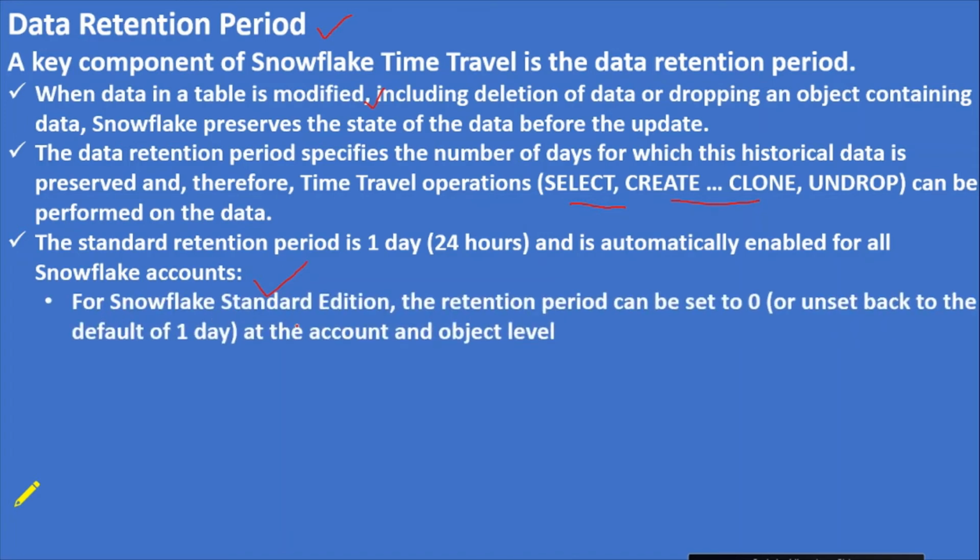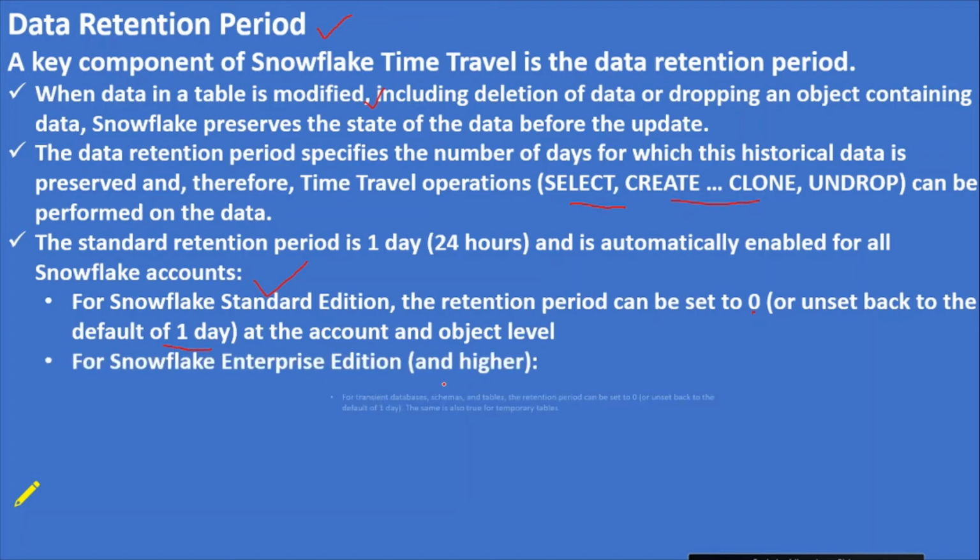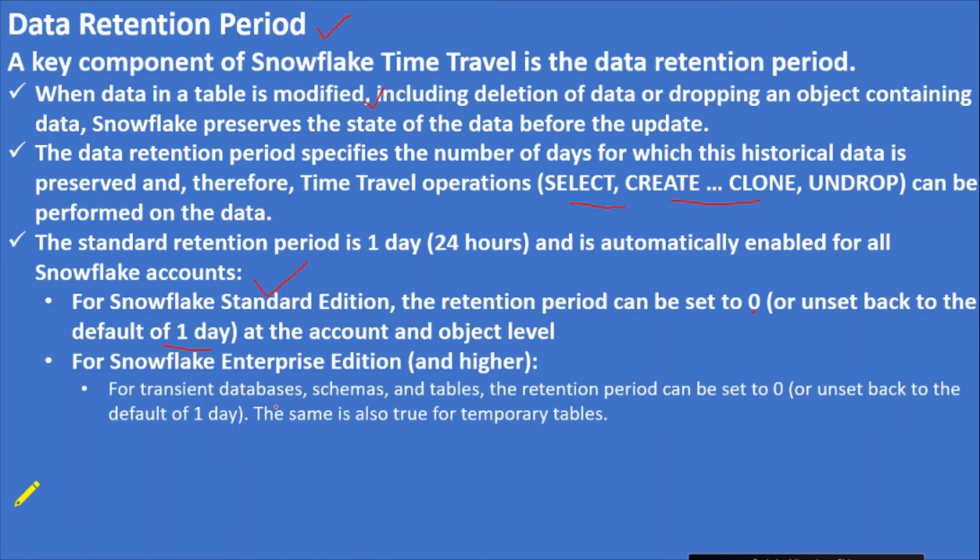For Snowflake standard edition, please note that the retention period can be set to 0 or unset back to the default of 1 day at the account and object level. For Snowflake enterprise and higher, for transient databases, schemas and tables, the retention period can be set to 0 or unset back to the default of 1 day.